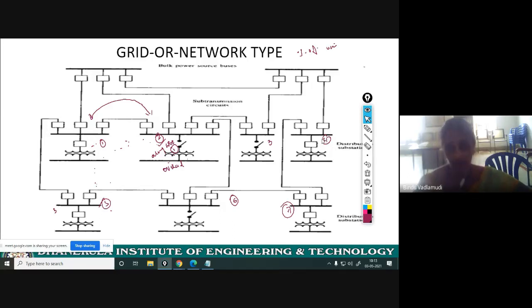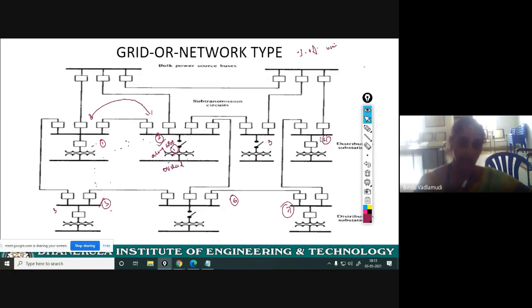As the network is complex, it requires more monitoring and control. What about the cost? The cost also increased. Is it clear? Okay, so the thing you have to understand is